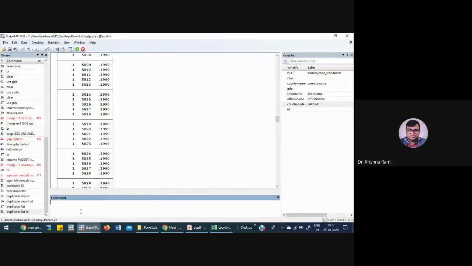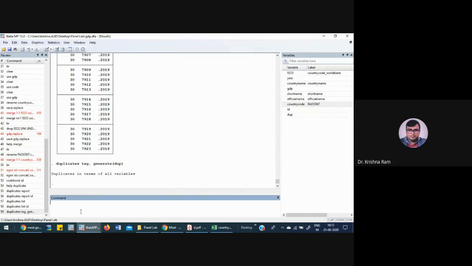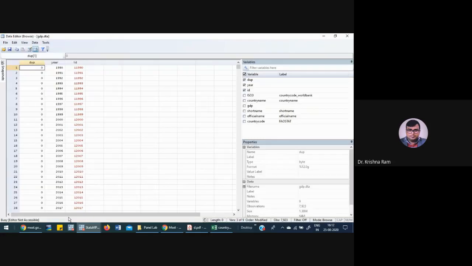But like this, if I type this one, duplicate, a new duplicate variable has been generated. So if you see this one, you can see that duplicate 01 is having a unique observation. Okay, so let